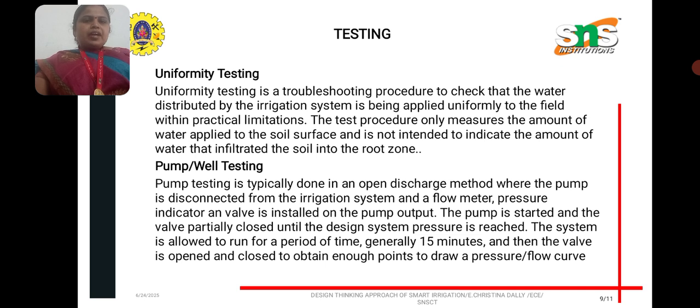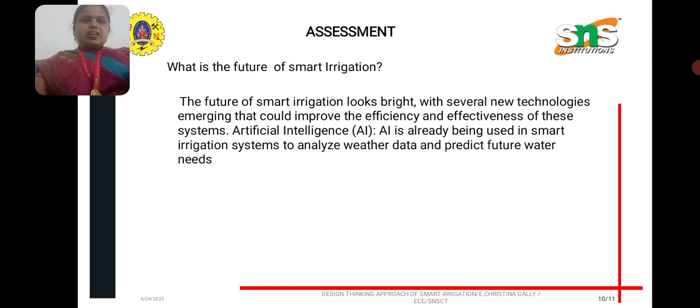At the same time, pump well testing is also typically done by the discharge method. The pump is disconnected from the irrigation system, and we implement some meters in it. At the same time, it is partially closed. So these are all the things we are seeing in